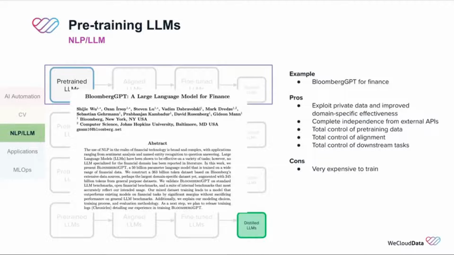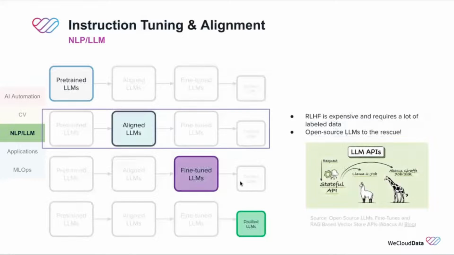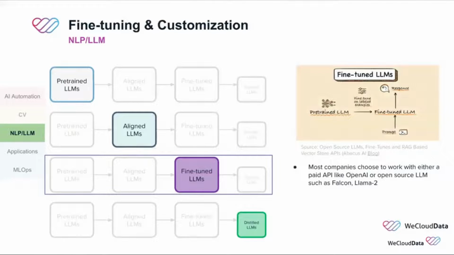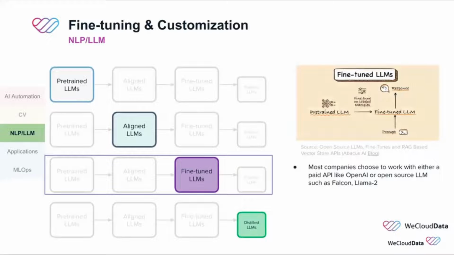Okay, so pre-training. There are companies out there that have the ambition to pre-train their own models, like Bloomberg. They pre-trained BloombergGPT for finance, right? That model cost millions of dollars. But if you can pre-train on specialized, proprietary data, then definitely you're going to get a very decent model, right? But it's quite expensive. And then fine-tuned models are definitely very popular. You can fine-tune the models to fit downstream tasks, but you can also try the indexing approach, which is building RAG. I'll briefly talk about RAG later